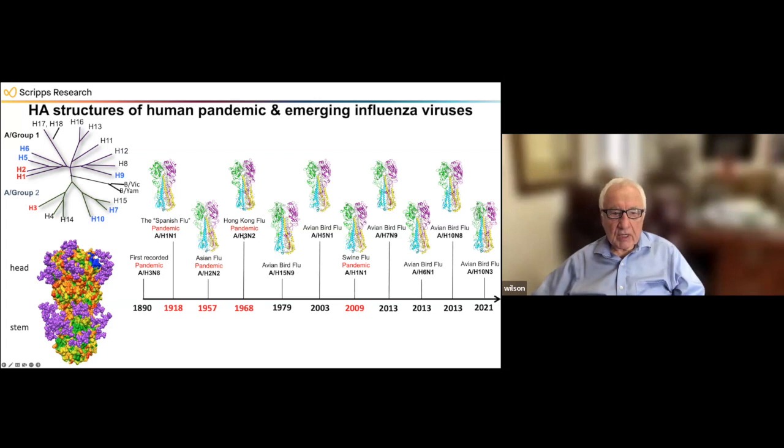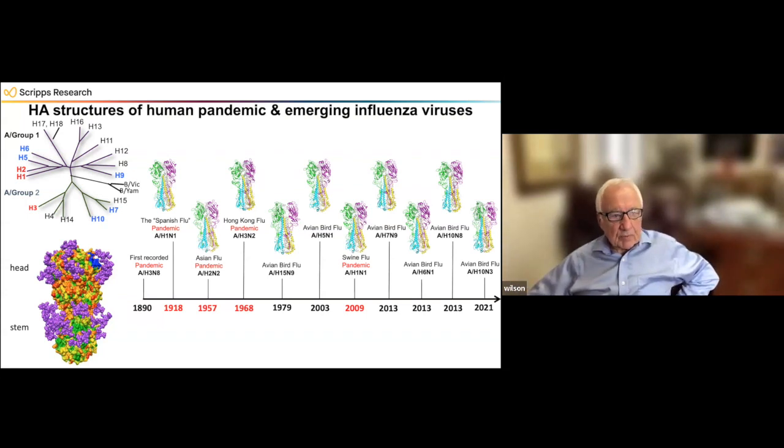Then the next pandemic we got was quite a number of years later, the so-called swine flu pandemic, which was another H1N1. What we've been concerned about are all these so-called bird flus, especially starting with H5N1 and going on to things like H7 and H9. And so all of these structures look very similar to one another, but their surfaces are all different. So antibodies that our immune system made recognizing one don't necessarily recognize another virus.